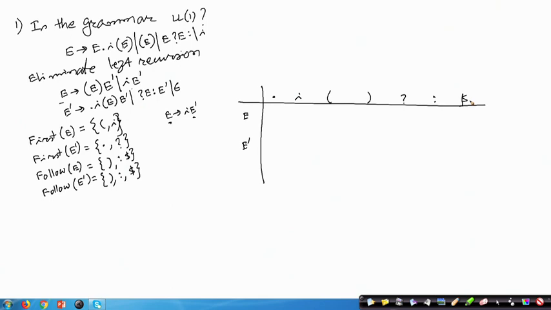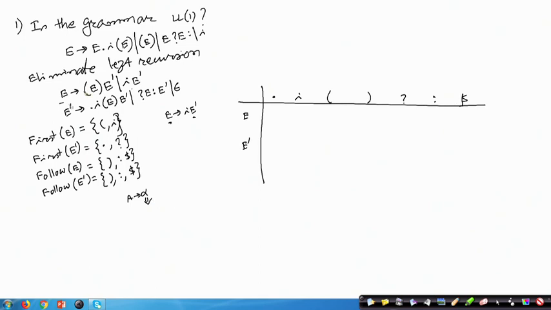Now, by the rules that we have for constructing the predictive parsing table, if there is a rule like A producing alpha, then you have to look into the first of alpha, and for all those symbols in first of alpha I have to add A producing alpha into the set.